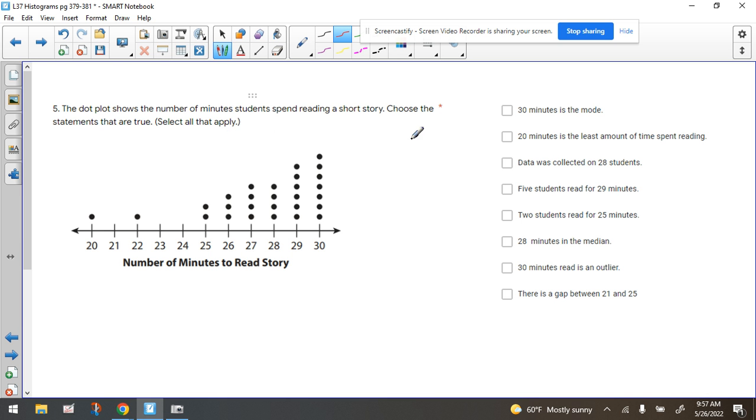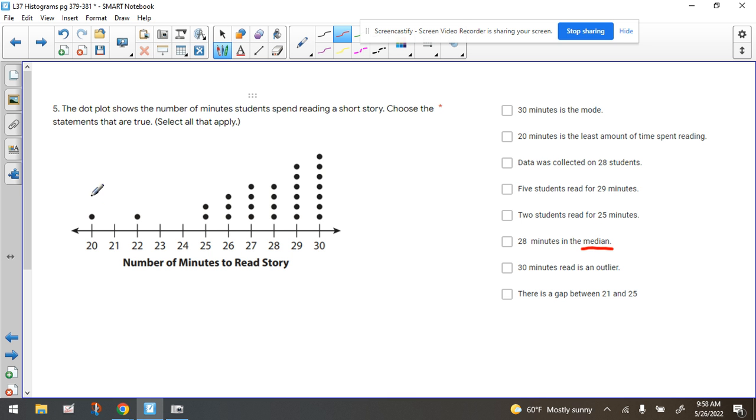All right, so I think the most challenging choice out of all of these is the idea of the median. So I want to start with that because they're suggesting here that 28 minutes is the median, and a lot of folks forget how to find the median. Now remember, the median is the number that's in the middle when the data set is ordered from least to greatest. So in order to calculate the median, if you're using a dot plot, you need to count how many